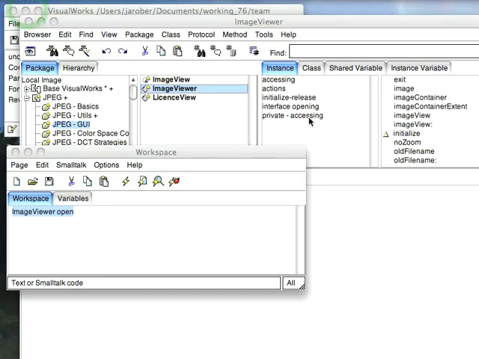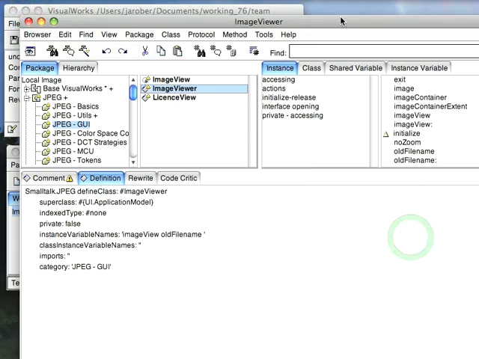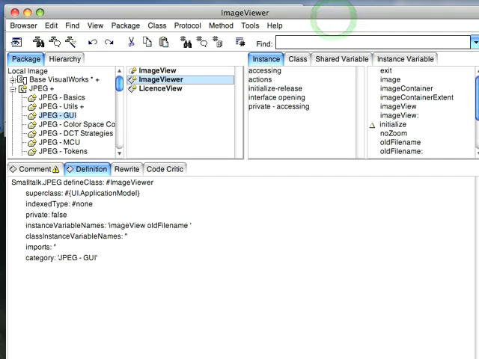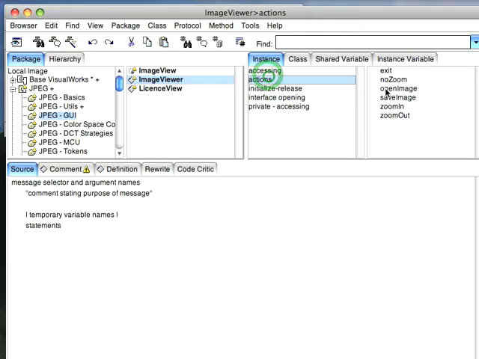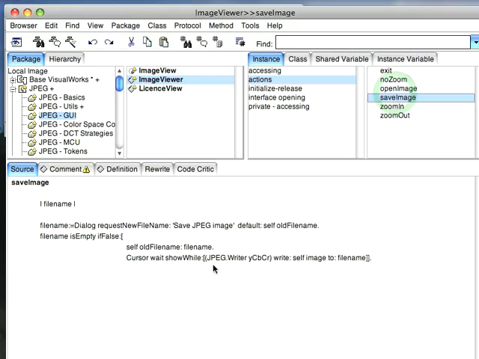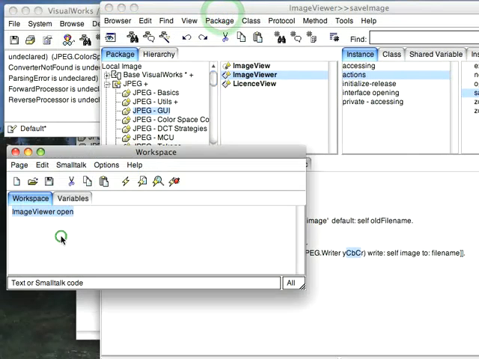The more interesting thing is if I go and take a look at how it does that. Let's bring this up. I'll go down here to how this saves images. And you see it's using a class called Writer. And this is just getting the appropriate palette. And then it's writing an image to a file name. So with that in mind, if I do something like this,